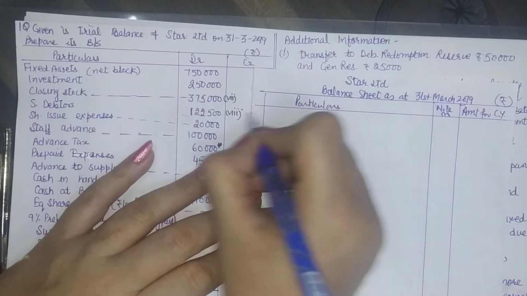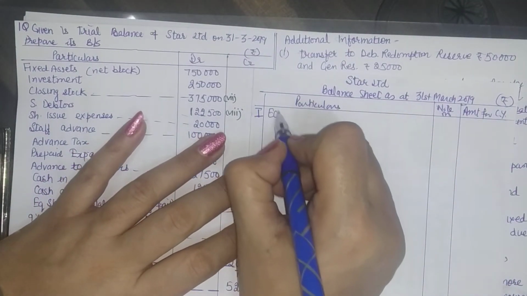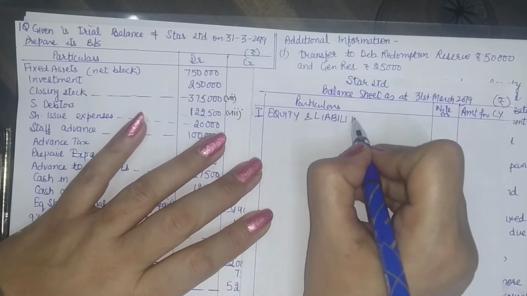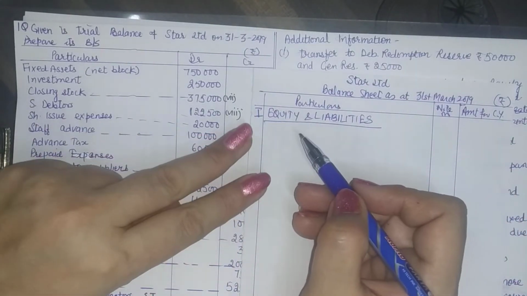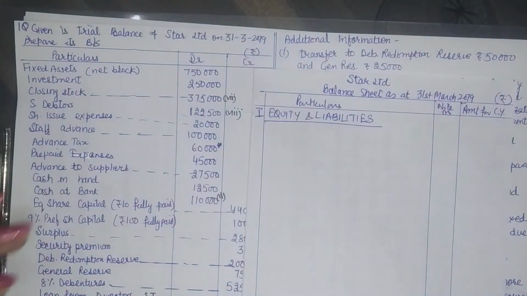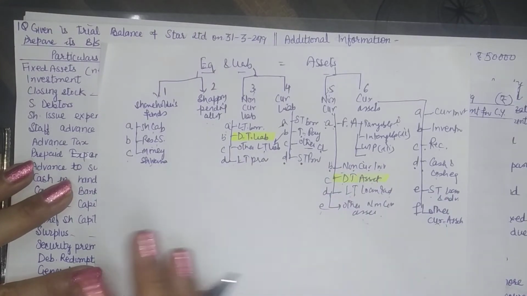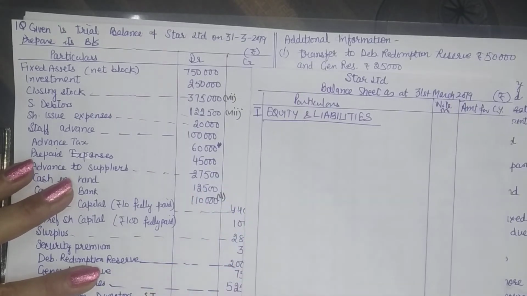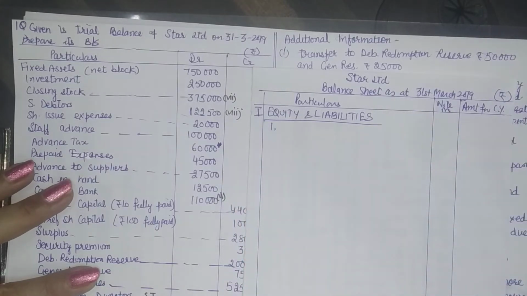and herein in the very first column we can write the main categories. That is the two broad categories, equity and liabilities. Now we need to remember the two layers of the classification. First layer is in equity we have two components, in liabilities we have two components. Then within these two components we have some subcategories. So keep a short note handy with you when you are practicing questions. When you read it again and again, you will remember, right? Okay, so in the equity capitals, our first main category is shareholders funds.